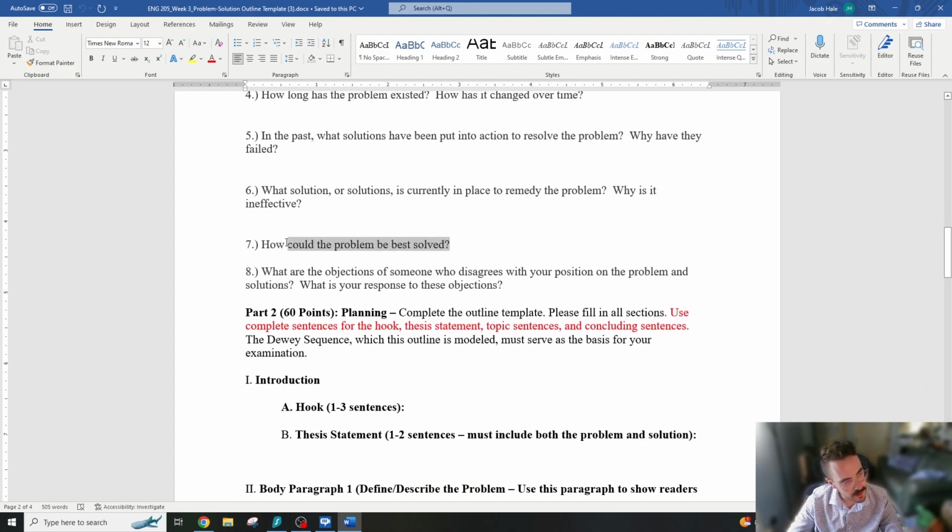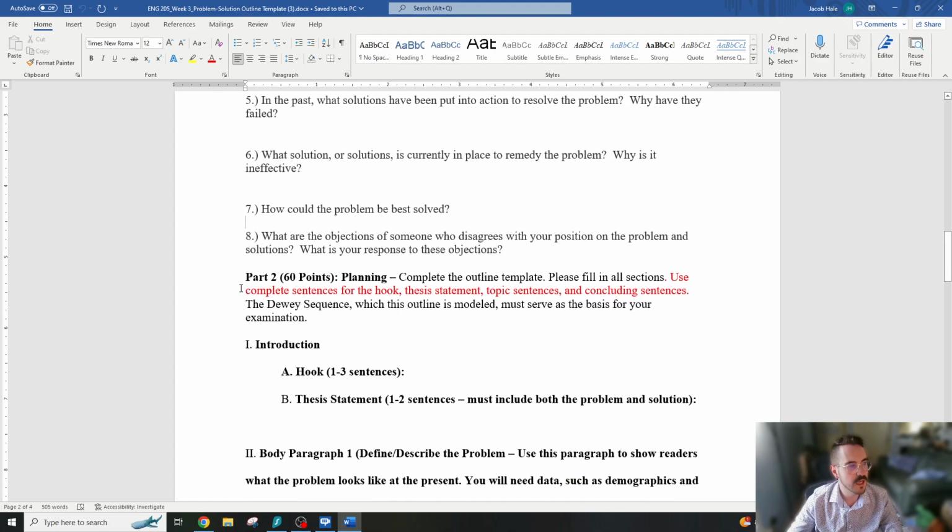How do you think the problem could best be solved? And then what are the objections of someone who disagrees with your position? If someone's going to be critical of the plan that you were suggesting, what might that person say, and what would be your